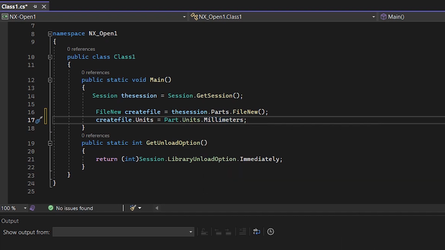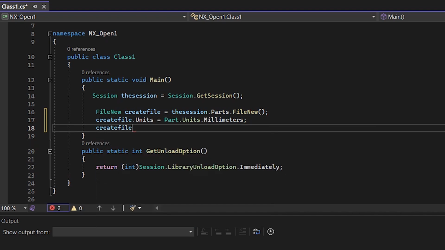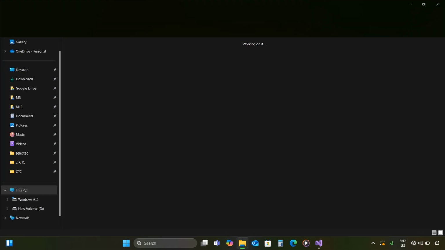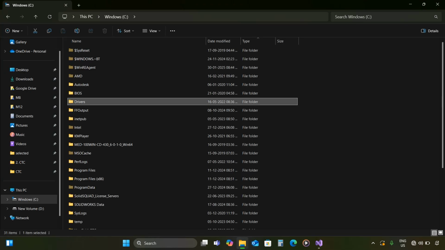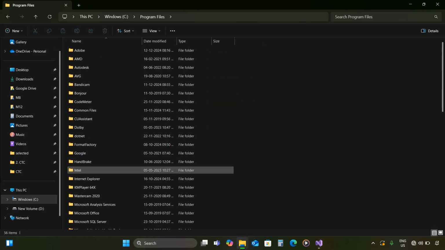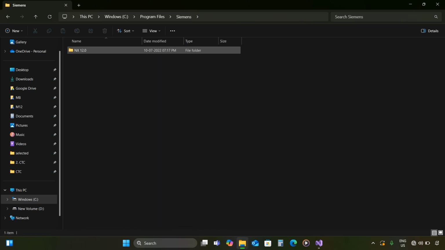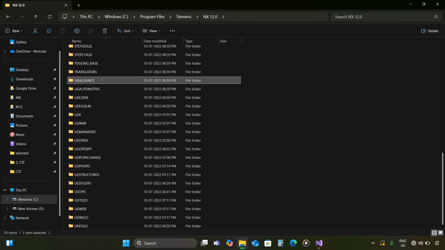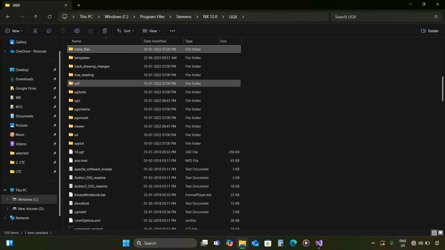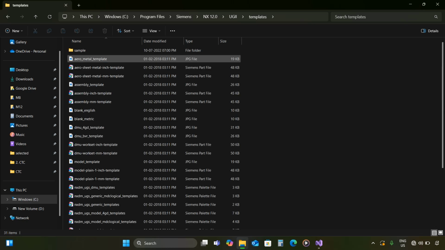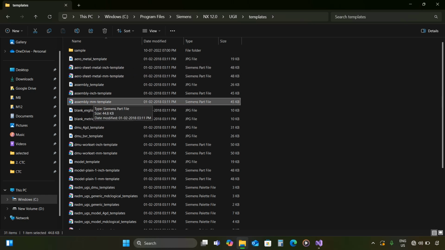Next I am going to write the code to select the template. createFile.TemplateFileName equal to, here we need to enter the template file name. To get the file name, go to the NX installation folder, Program Files, Siemens, NX12, UGII and Template. Here you can see all the templates: aero sheet metal inch template, assembly template, and model plane 1 inch template,